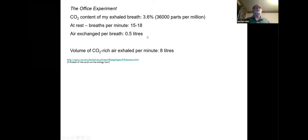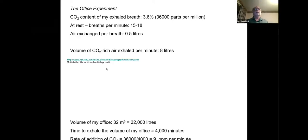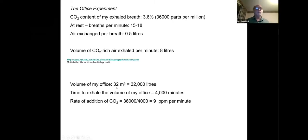Anyway, we can observe this directly, and I did it in my office in Birmingham at that time. And I did some simple calculations, and I said, well, this is my breath. It should have 3.6% CO2. I looked up the medical textbooks. I should be breathing 15 to 18 breaths a minute, and I should be exchanging half a litre of air every breath. And therefore, every minute, I should be exhaling about 8 litres of air, and that's got 3.6% CO2 in it. Then, if you know the volume of the office, 32,000 litres in my case,